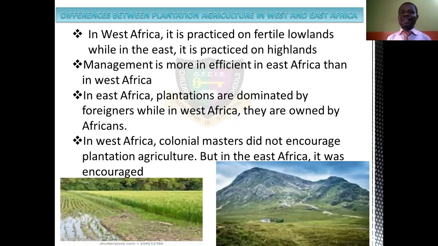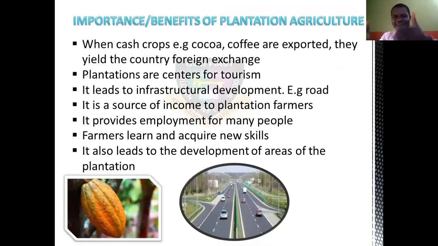Then we also need to see the importance of areas where a particular place has this plantation agriculture. What are the benefits? What are the importance? One, cash crops that are grown there, when they are sold, give foreign exchange to the country. You know what we mean by that? There are countries that do not have the cocoa that we have in Ibadan and Akure in Nigeria. Two areas are cited, Akure and Ibadan, solid cocoa plantations. There are countries that do not have it. So when we say this is our own, Nigeria gets foreign exchange.